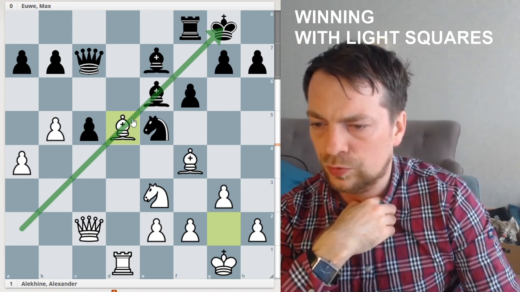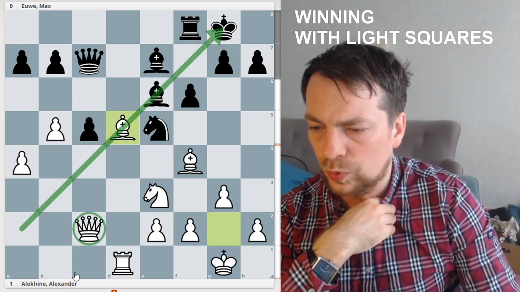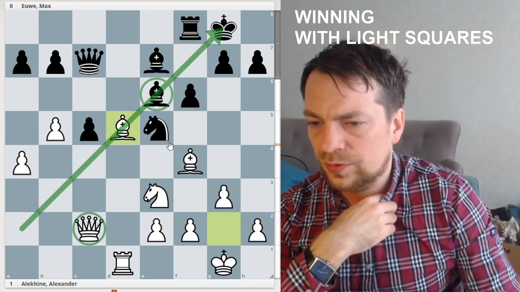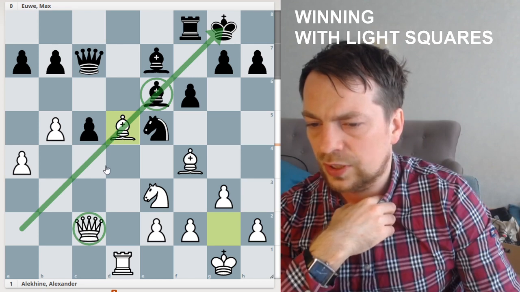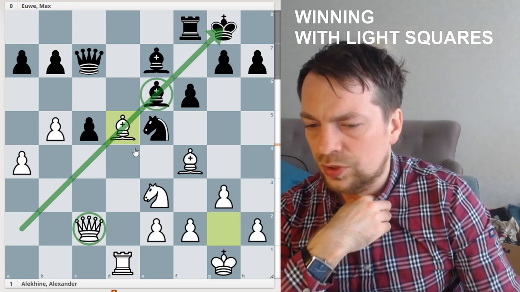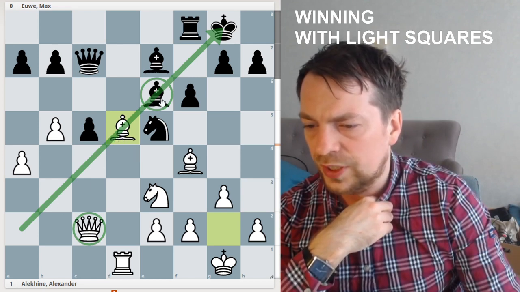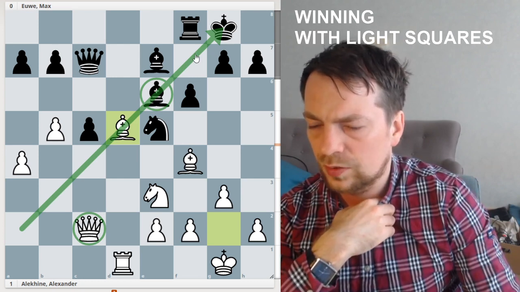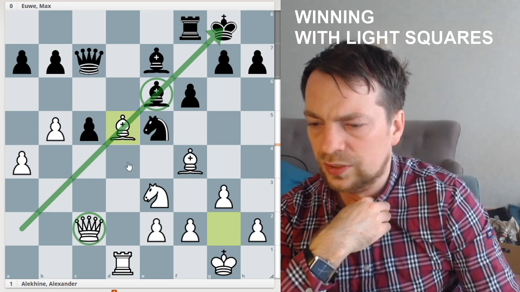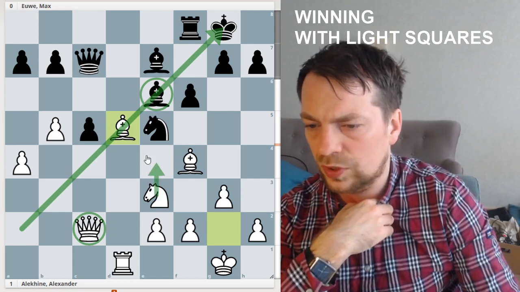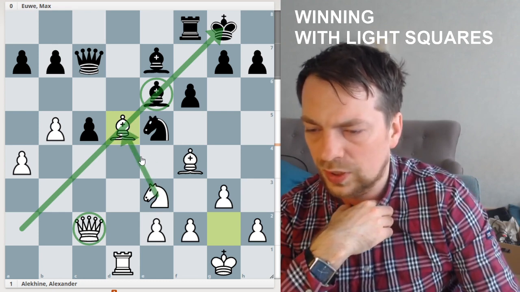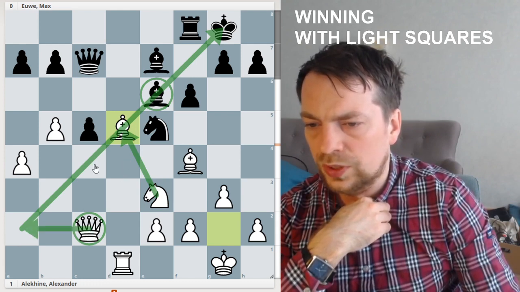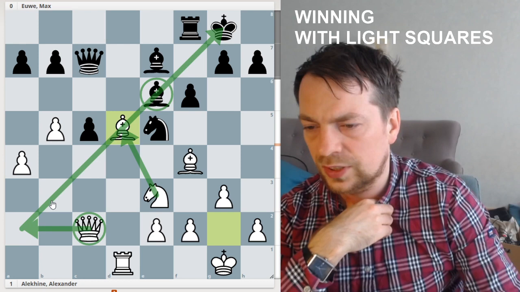Yeah, of course we have a queen here, and this bishop cannot protect all the light squares, but we should just try to get rid of this, and then these squares will remain undefended, and we can use them for our pieces, for maneuvering to d5, the knight to give check with the queen, and create all sorts of tactical